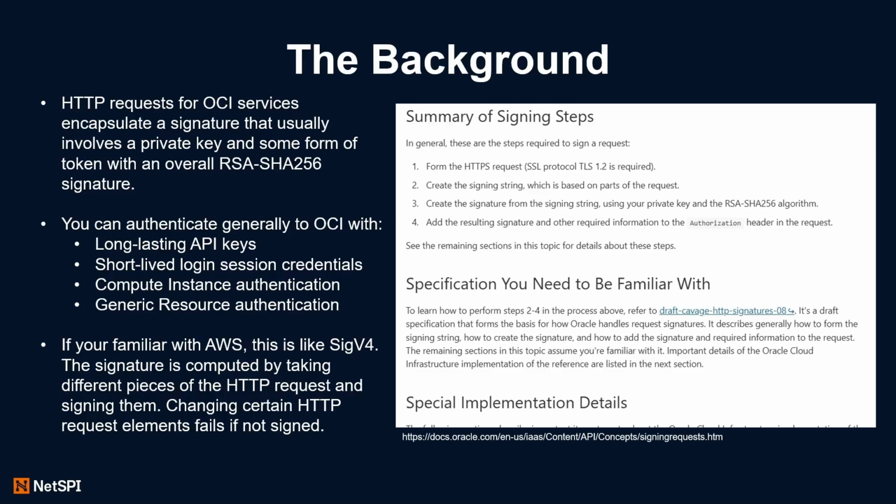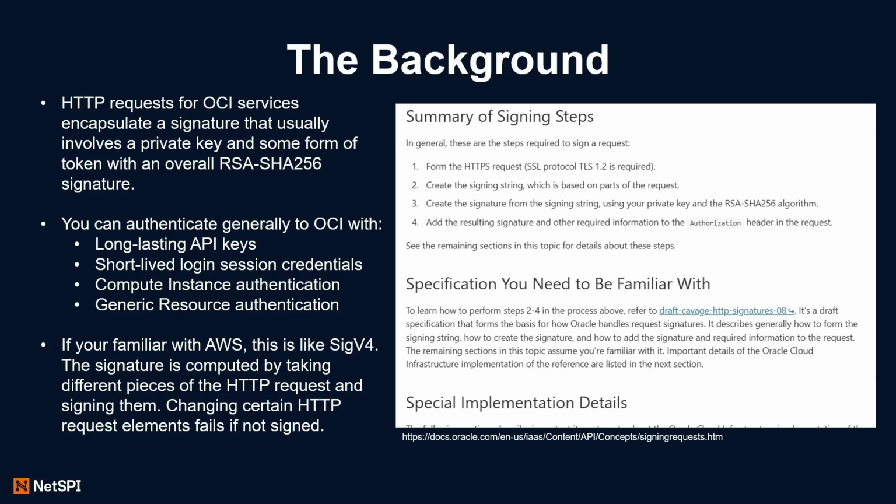The signature is computed by taking a bunch of different pieces of the HTTP request and signing them. So if you were to capture one of those requests and send it, and you change some part of that request without changing the signature, you would get an error on the server because you haven't re-signed the request. Another good example is Postman. If you've ever used Postman to send AWS requests using SigV4, you add your access keys and some other info, and it signs the request in the background and sends it to the server.